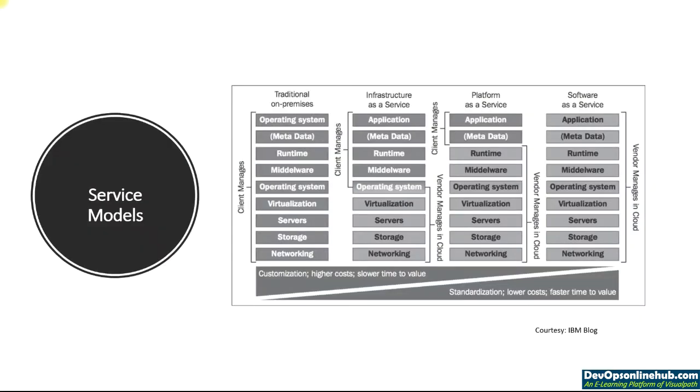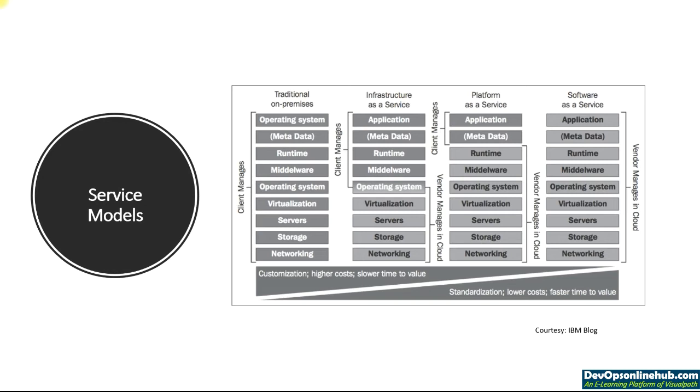Now let us discuss the service models. Service models typically allow us to break our cloud pyramid into three different structures. One is infrastructure as a service, one is platform as a service, and one is software as a service. Traditionally, we need to have an on-premise infrastructure where we would be having our physical servers, rack and